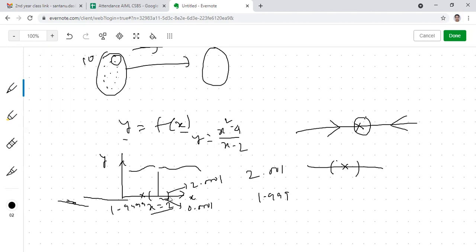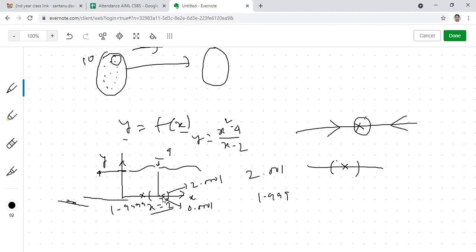So what we will be doing is approaching this point from the left hand side and from the right hand side, from the nearer points. That means we'll be taking this point, this point, this point, varying all those points. And if you put all those points here, you'll find that the more we approach 2 from the right hand side, the more the functional value approaches 4 from values greater than 4. Say this is the functional value 4. So if you put 2.001, it will be 4.001, 4.00001, like that.